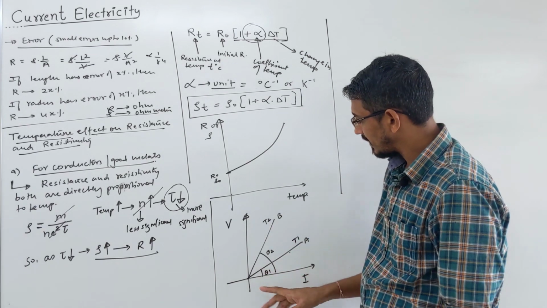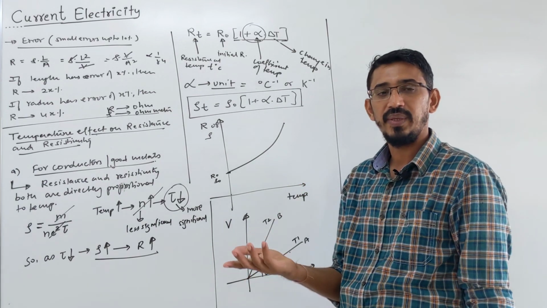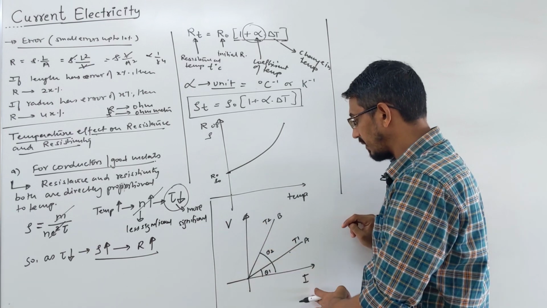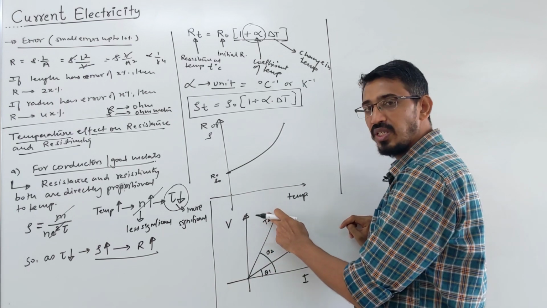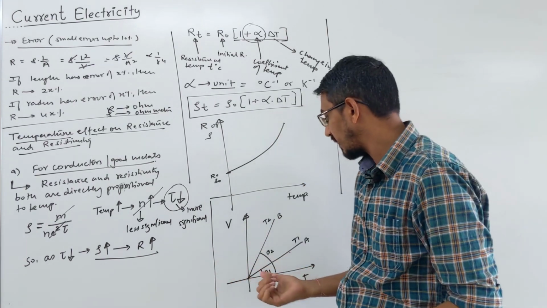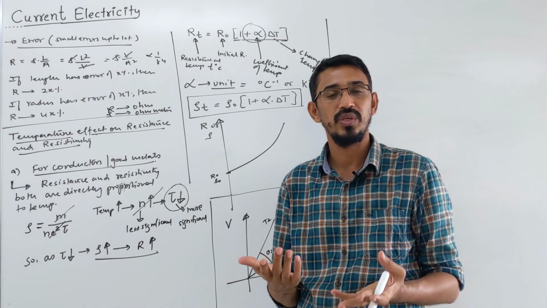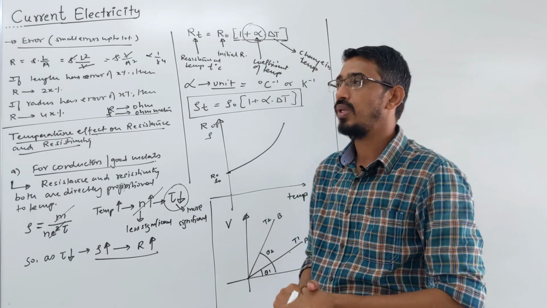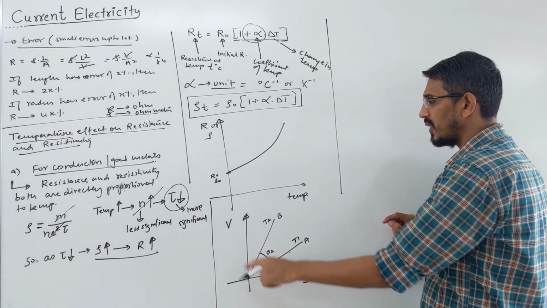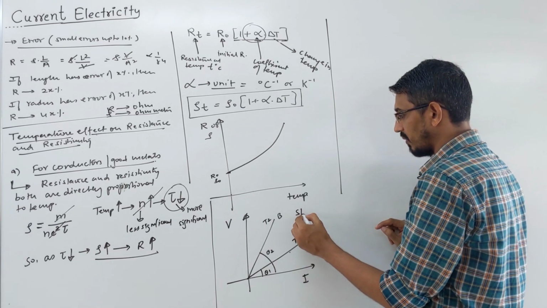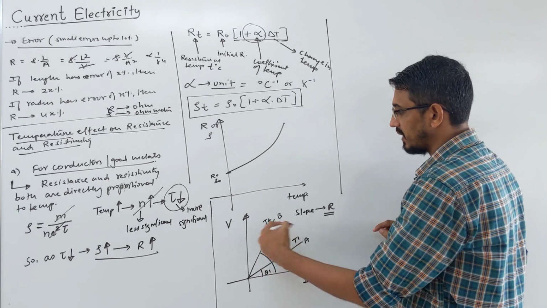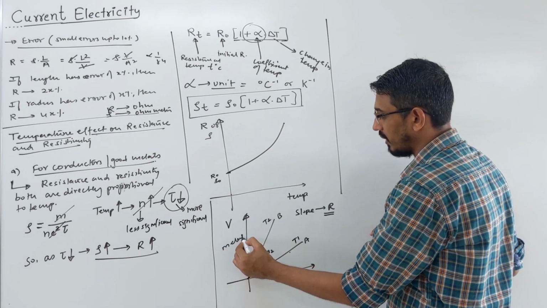So this question was, for a given metal wire, two graphs are drawn between voltage versus current at temperature T1 and at temperature T2, and they asked to identify the correct relation, meaning which temperature is more: T1 is more than T2, or T2 is more than T1, or they are equal. So I will tell you, we already discussed that the slope of this curve gives what? Resistance, right? And they said this graph is for a metal or good conductor.